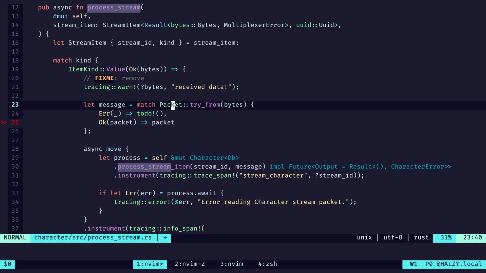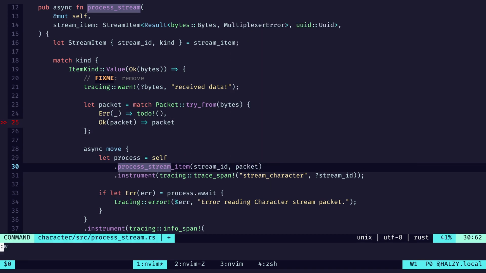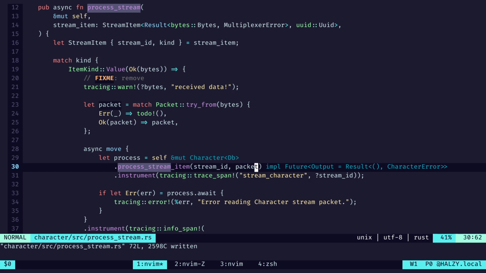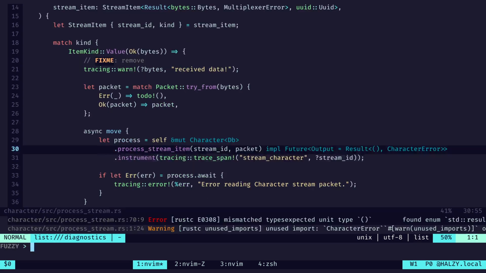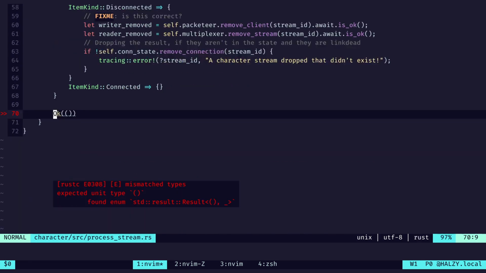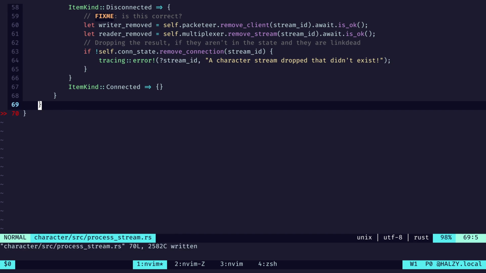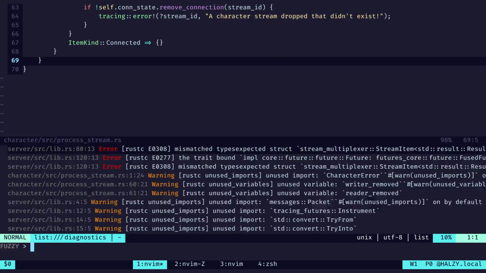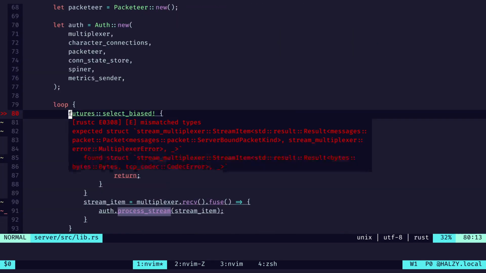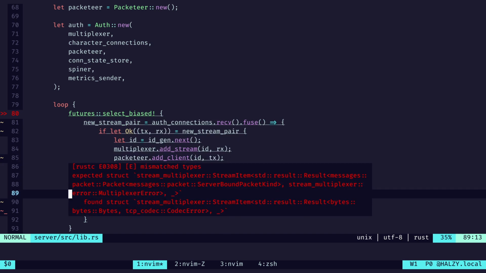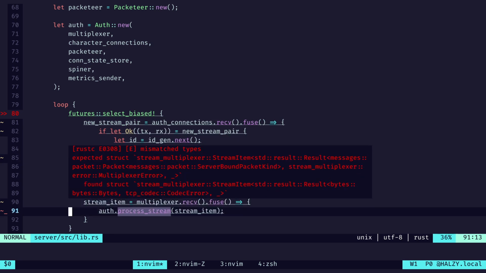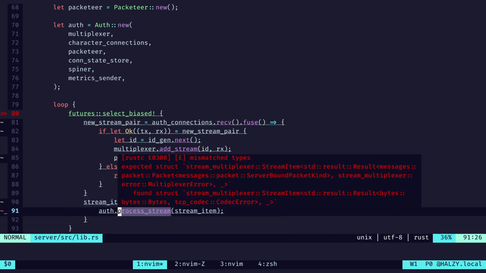All right, let's rename that to packet, because that's the kind it wants. All right, get rid of that and that. Now we should have more errors. Good, on the other side of the fence here. So this is process stream. Now in auth,